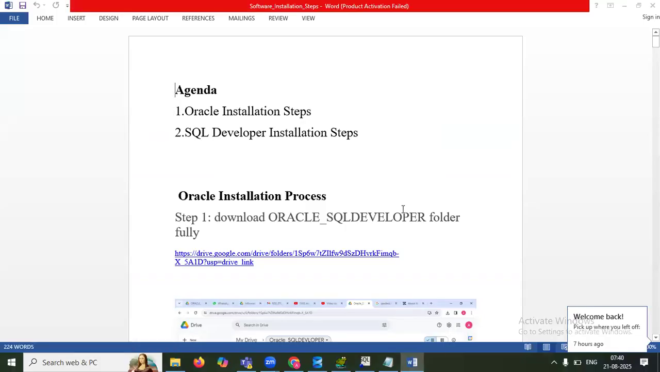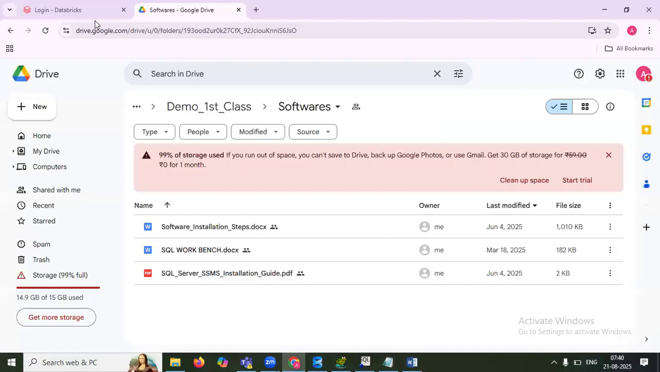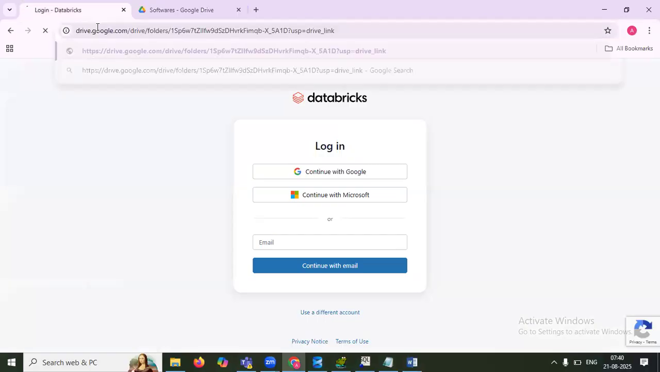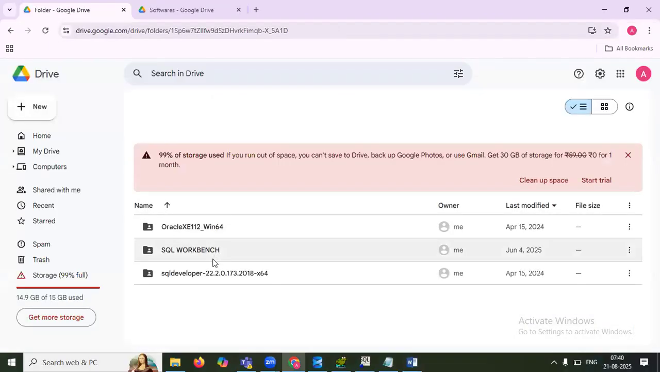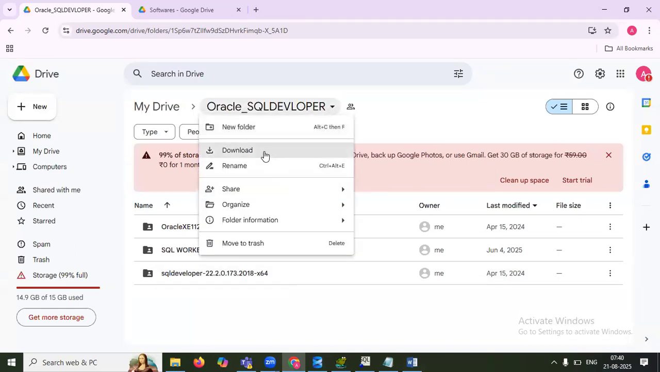If you go and see, this is pretty easy. This is the link. You have to take this link, or click directly on this link, whatever it is. Go to Google, and if you do this, it will give you this. One is Oracle. Second is SQL Workbench. Third is SQL Developer. You can download this from here. Once you download,